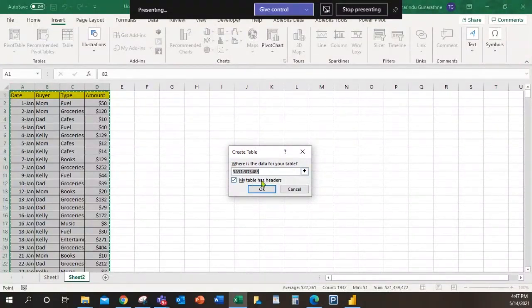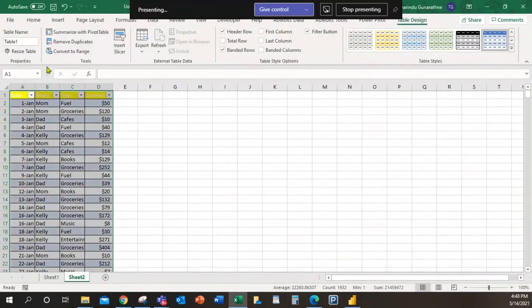So I'll tick this. Let's say if you don't have headers, then don't tick it. Then it will create some headers like A, B, C. Likewise, it will create headers for you. Okay, now I am pressing OK. Here you can name a table. So let me name this table as UK